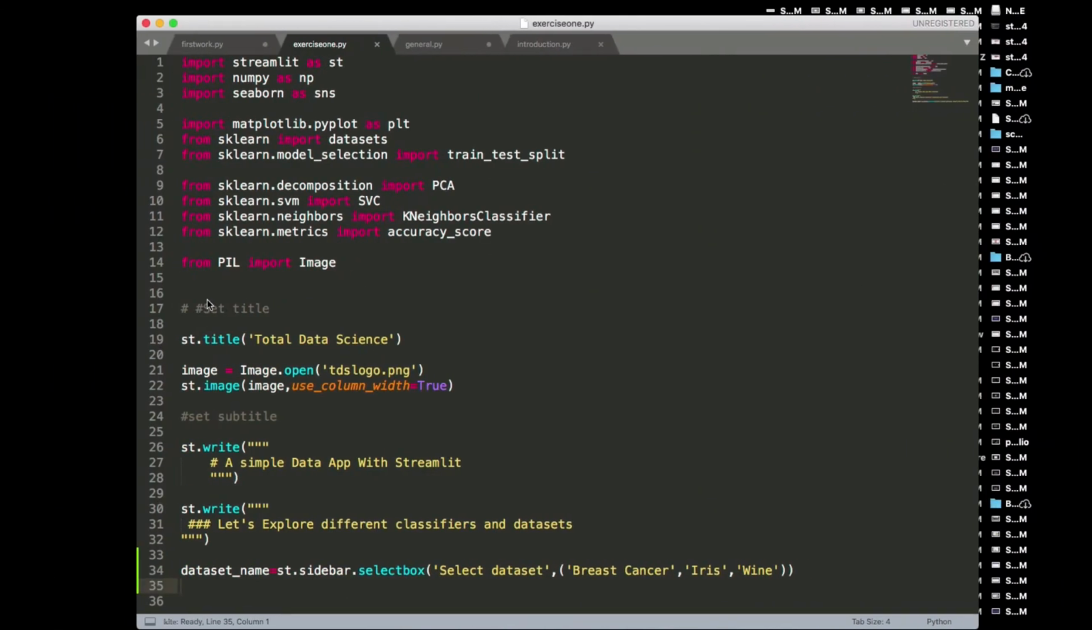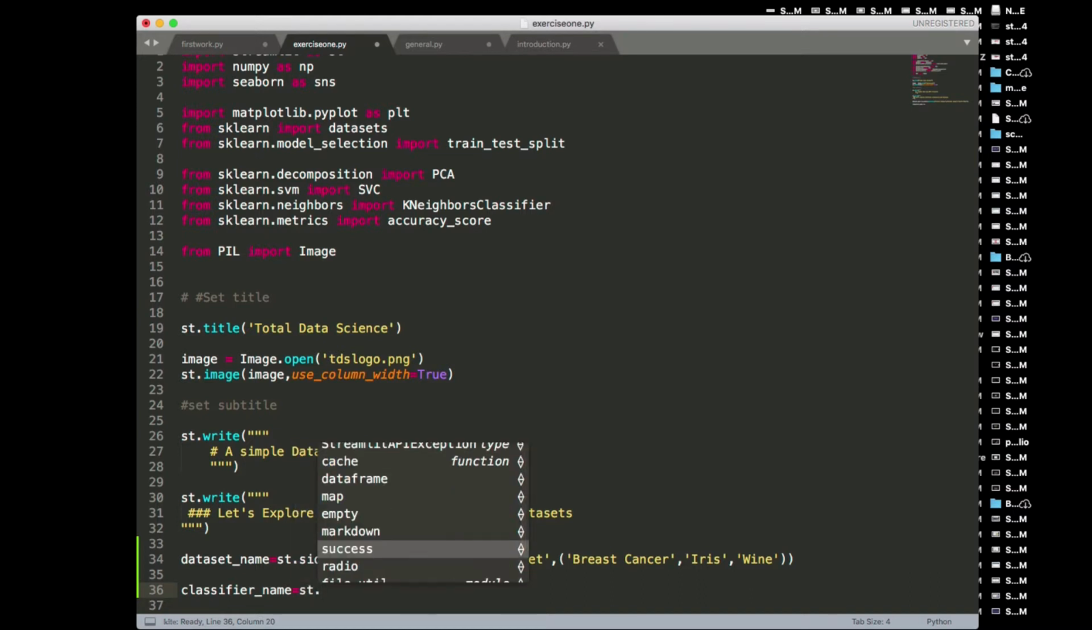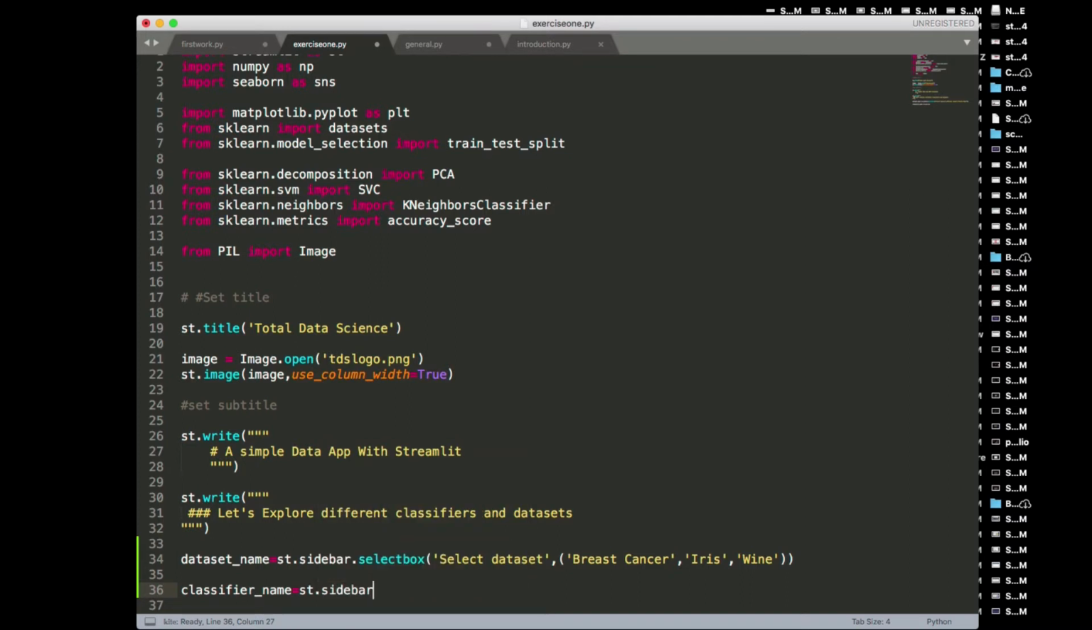So let's give them the option to select which algorithm they want to use for this purpose. As I did over here with dataset name, I'm going to do the same thing for classifier name. So classifier underscore name, and I'm going to put it in the sidebar, so I do st.sidebar, and then I will use selectbox. Inside the selectbox, I'm going to give them some instructions, maybe